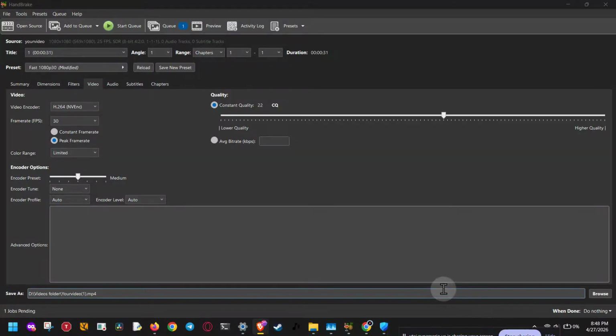If HandBrake is giving you an error reading disk, don't worry. In this video, I'll show you the most effective fixes step by step so you can get your DVD or disk loaded properly and start ripping again. This is especially useful if HandBrake suddenly stops detecting your disk, shows an inaccessible device error, or the activity log